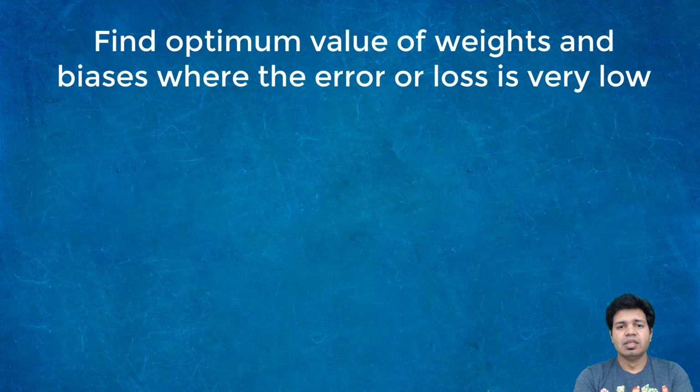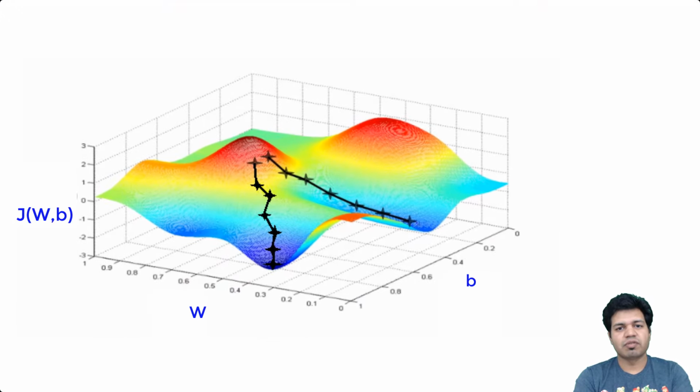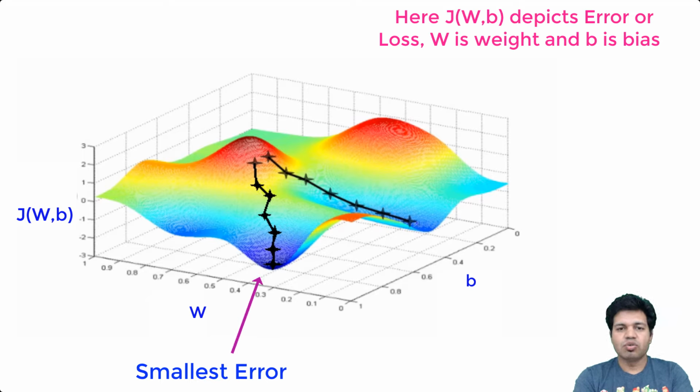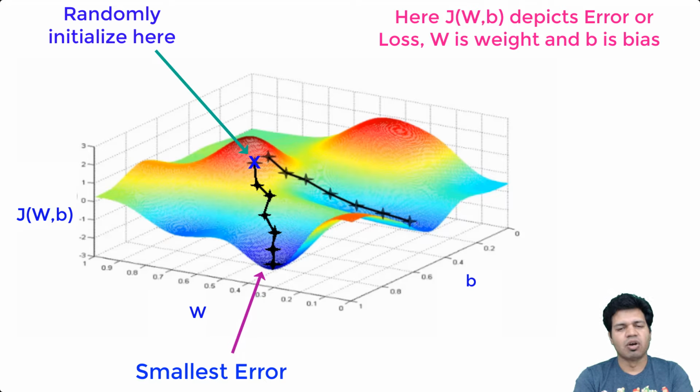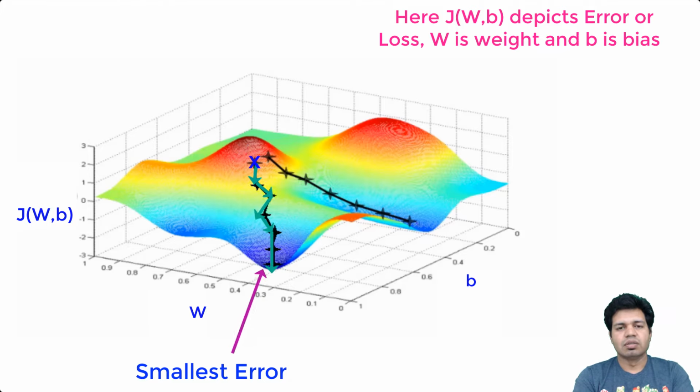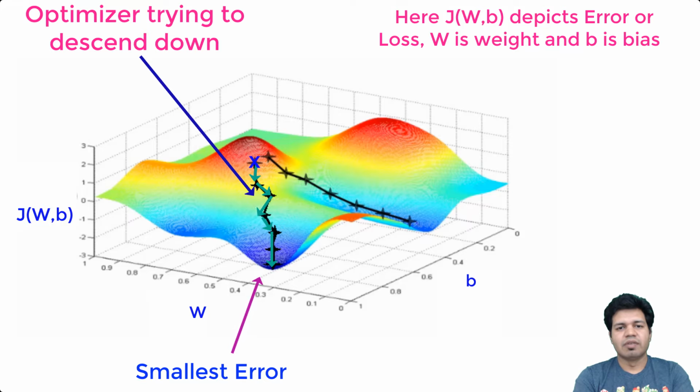So gradient descent uses a kind of loss curve to find out the smallest value of error shown here in this diagram. So in order to find out the smallest possible value of error, we have to start somewhere. So we randomly initialize our weights and biases parameter to some value along the slope, okay, and from this initial value of error, our optimizer will try to descend down the slope, okay,